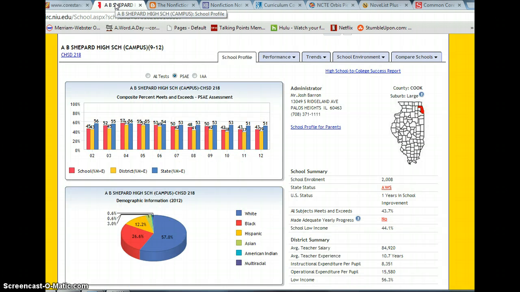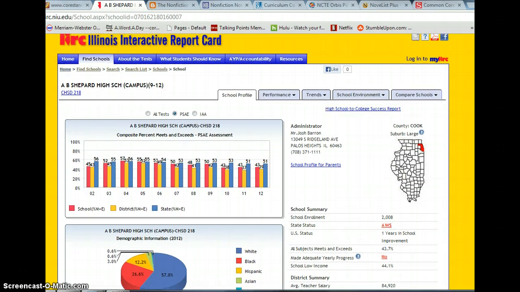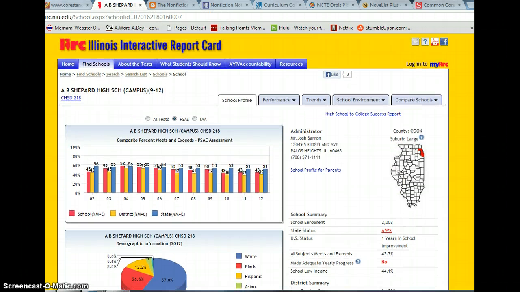Next, I want to move to the school report cards released by Illinois. This website ties back into general selection necessities that were discussed in our readings. Yes, we want our resources to align with the Common Core standards, but we also want them to locally connect with our specific schools. A school report card is released each year by the state of Illinois, and as you can see, it provides